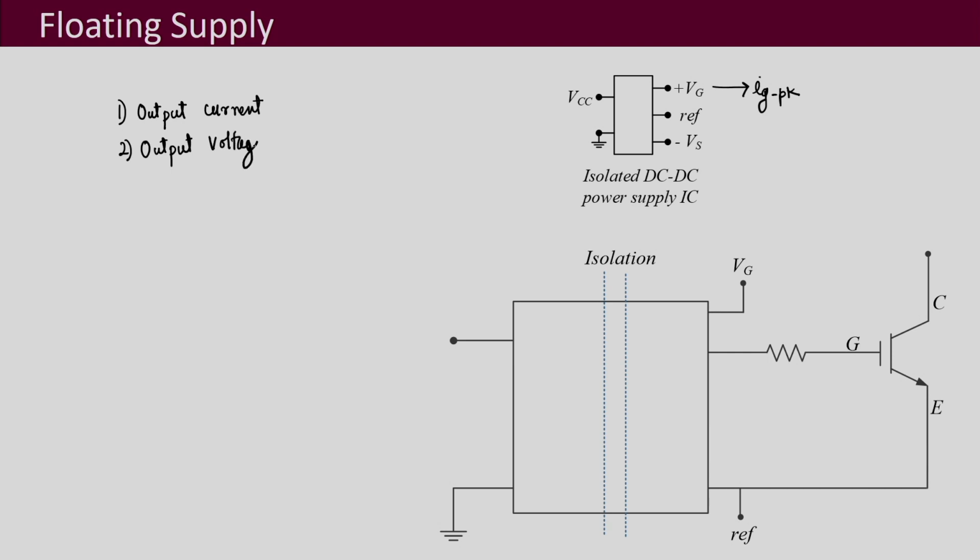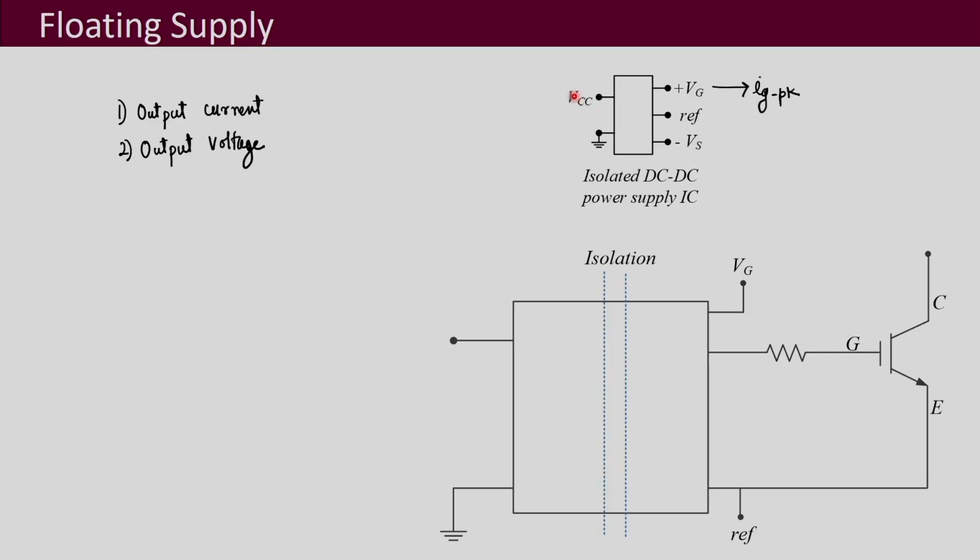so when you choose this power supply IC, the VG should be sufficient to be able to drive this gate emitter region. So, you should also check for the output voltage. Then of course, this input voltage, that VCC also you should be checking for. Because then this also has to be given by some means to the PCB that you are going to use. So, this also has to be checked then. So, your input voltage,